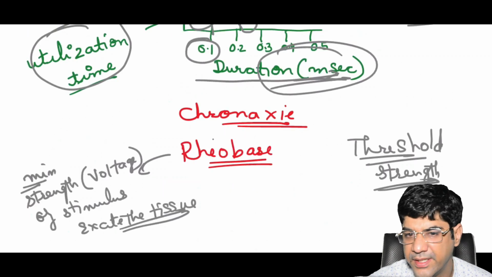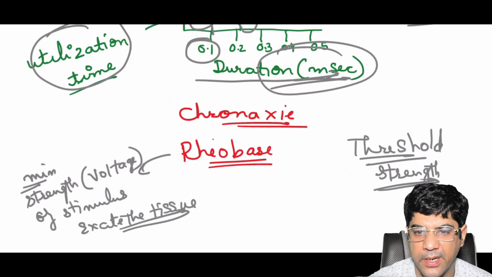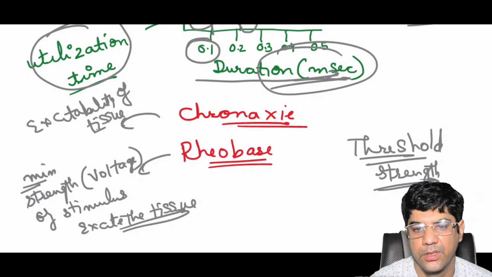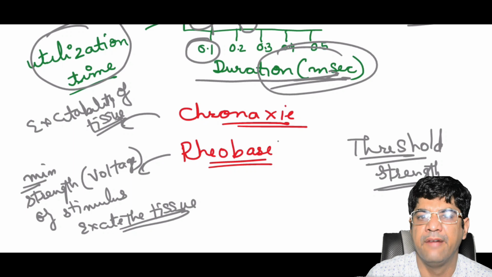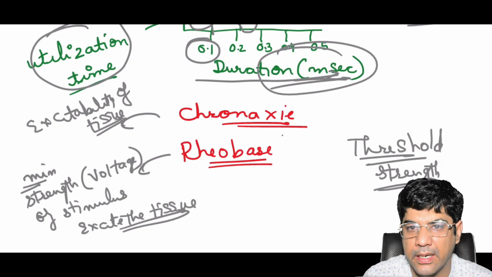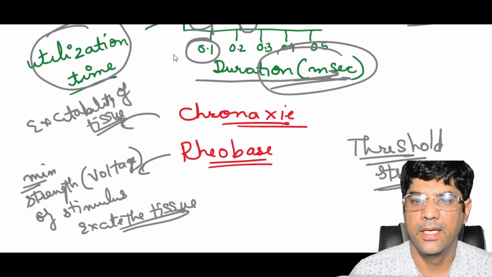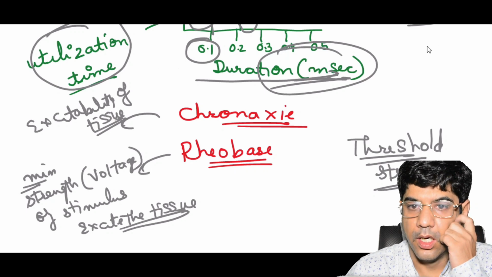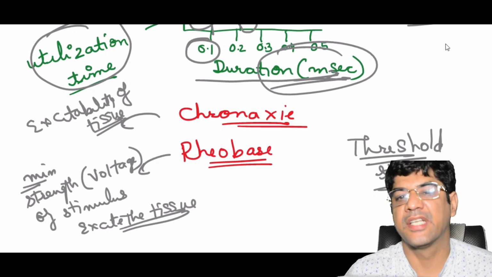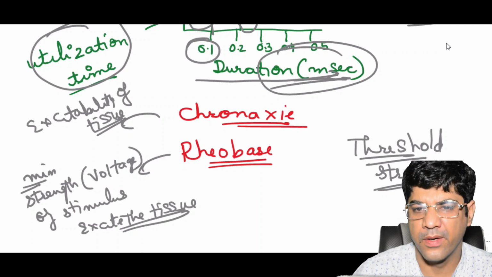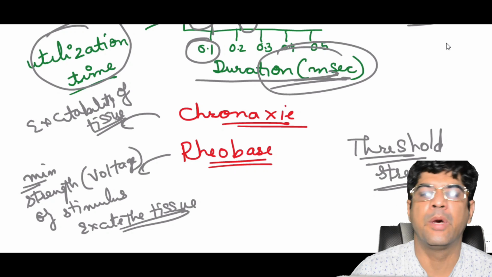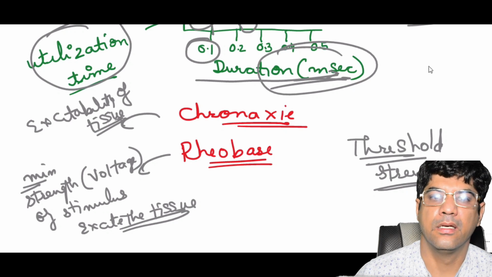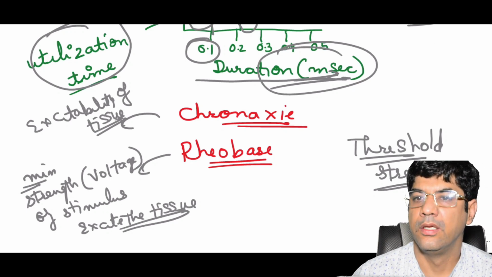So remember, the longer the chronaxie, the lesser will be the excitability. It helps to measure the excitability of the tissue and compare different tissues. Now remember this chronaxie will be used to measure and compare tissue excitability. So what is chronaxie? It is the minimum time that is required for double the rheobasic strength to excite the tissue. So remember, if the chronaxie of the tissue is long, what does it indicate about the excitability? It indicates that the excitability would be lower.